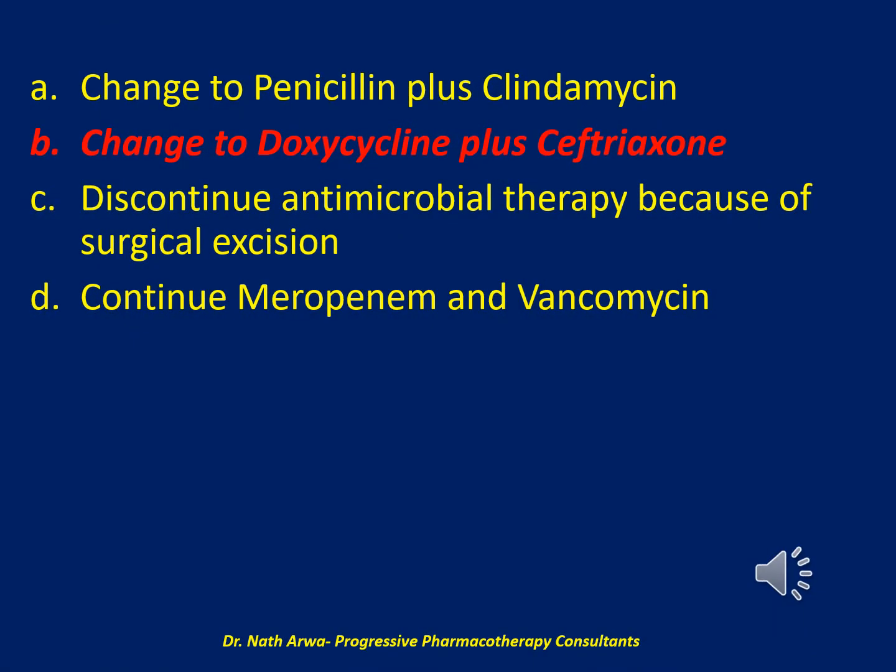And the correct answer is B. Change to doxycycline plus ceftriaxone. The recommended treatment for necrotizing fasciitis caused by Aeromonas would be doxycycline plus either ciprofloxacin or ceftriaxone. That makes answer B correct. Antimicrobials should not be discontinued at this time, especially because the patient is likely to have to return to surgery, making answer C incorrect. Because the pathogenic organism is now known, continuing empiric broad-spectrum antimicrobials would not be recommended, making